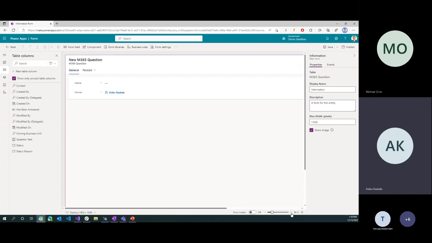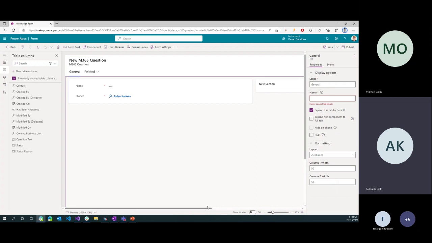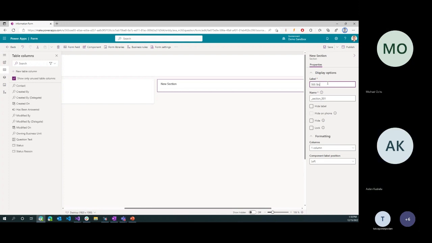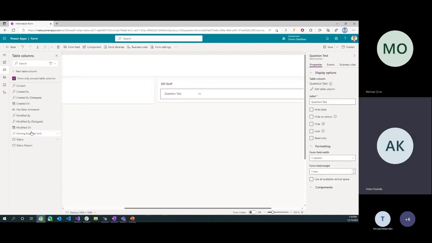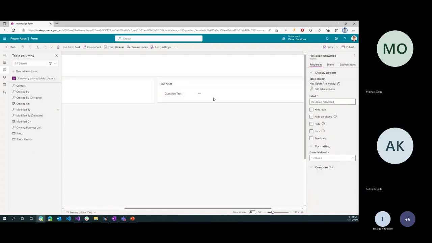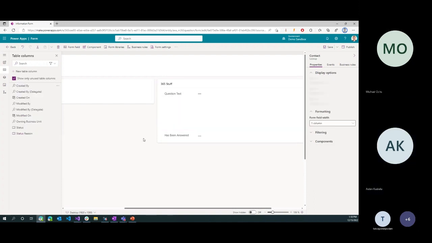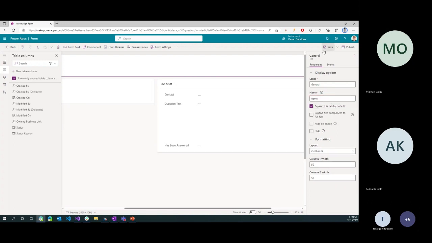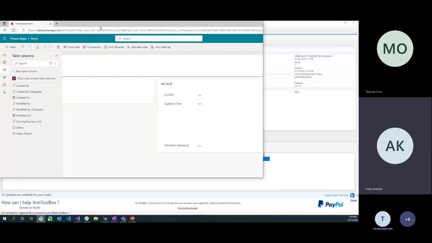I'm going to zoom in a little bit here. Change the formatting, change our section name. And we can add our fields out to the form. See if I can make this bigger. Big old question and the contact who asked it. So this is, again, our question form. We'll save and publish that. And then while that's going,